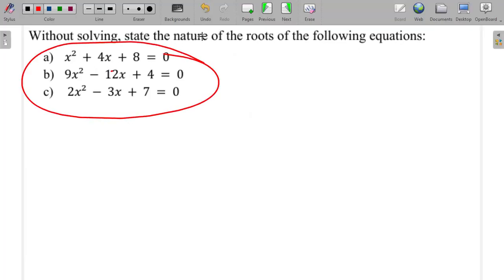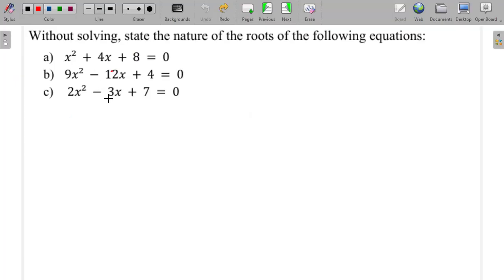And all these equations that we've been given there are quadratic equations because the highest power on x is actually 2. You can see those power 2, power 2. Okay, so how do we know the nature of the roots of a quadratic equation without solving it? Okay, so by roots, they just mean the answers that you're going to get from that quadratic